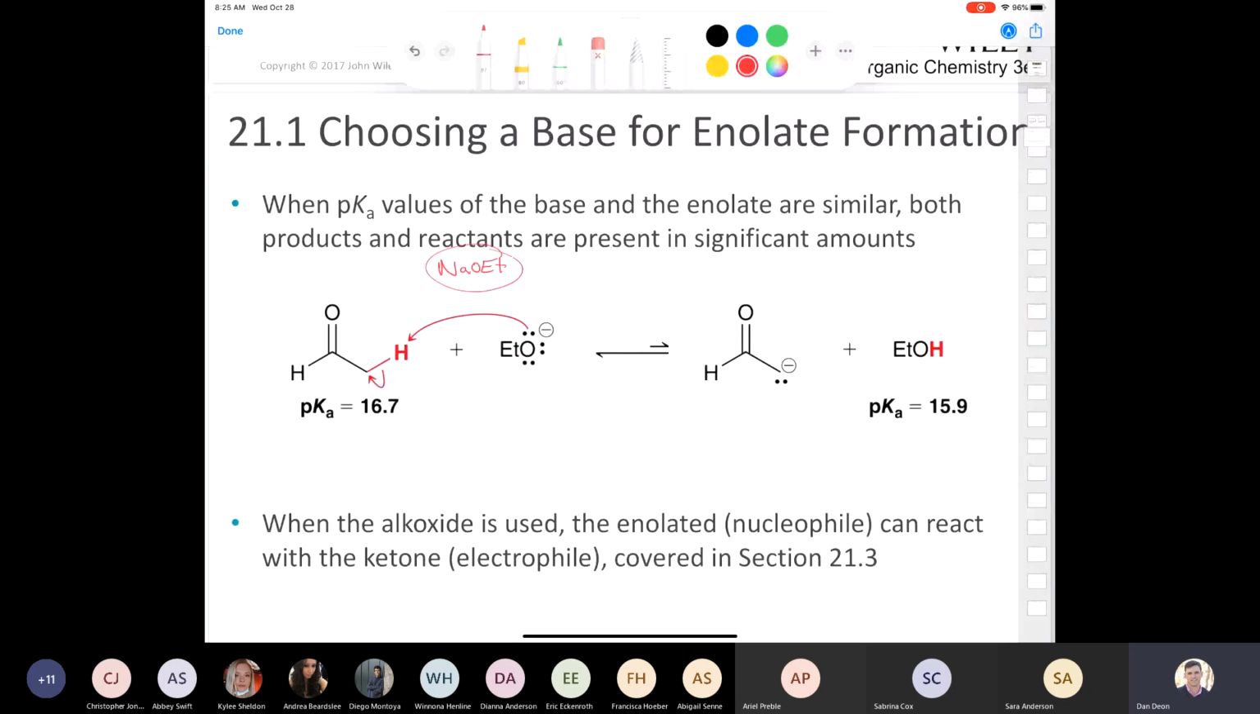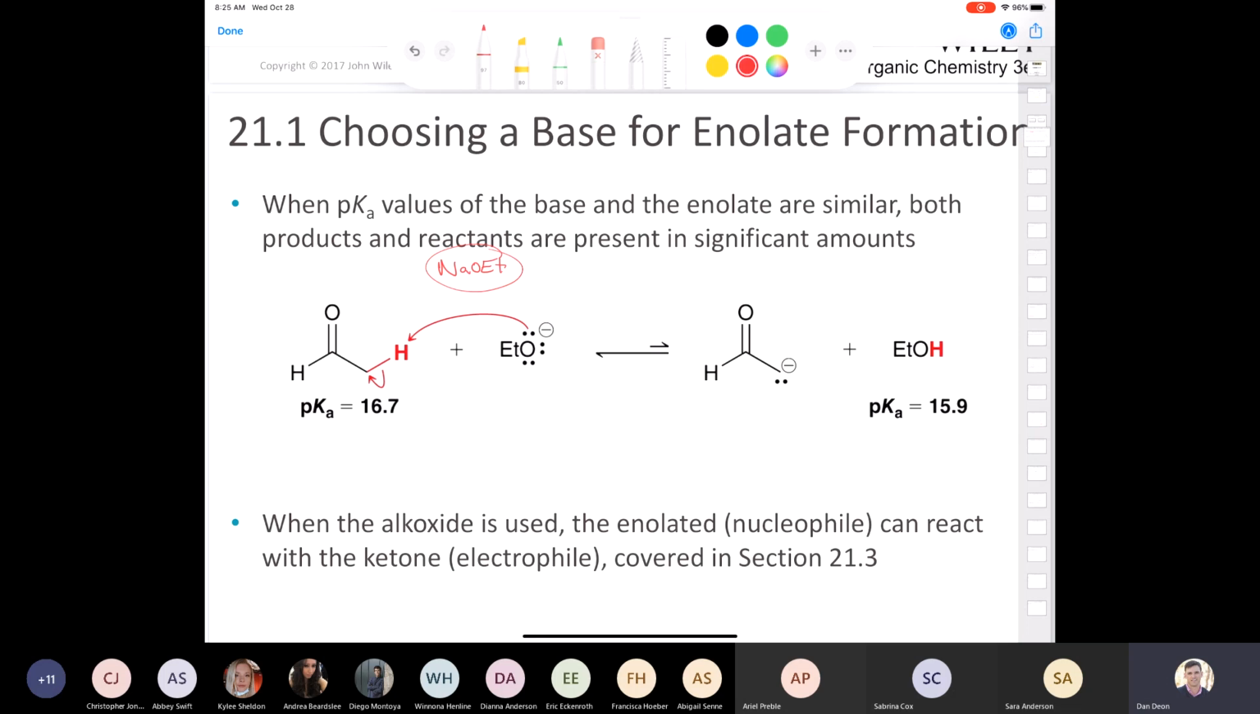We've done elimination reactions with that to form alkenes. But what if I took sodium ethoxide? Now the spectator ion is left out, the sodium's left out. What if I took ethoxide and I treated ethanol with ethoxide? What's going to happen? Well, the pKa of acetaldehyde or ethanol is 16.7, and the pKa of the conjugate acid of ethoxide, which is ethanol, is 16. I mean, that's way too close,